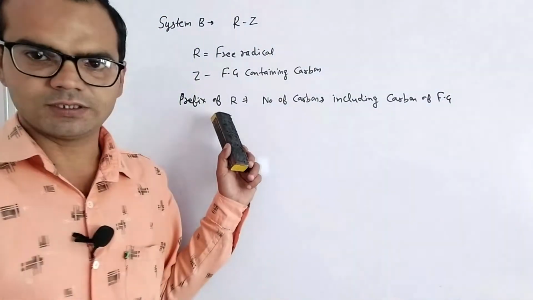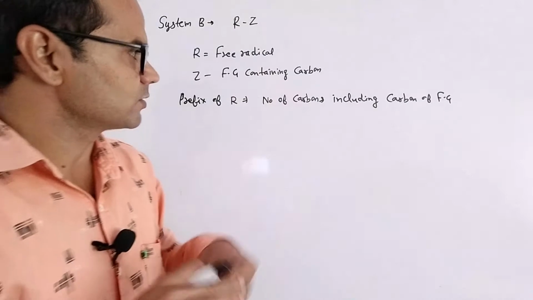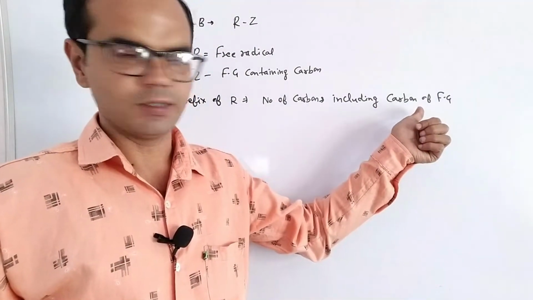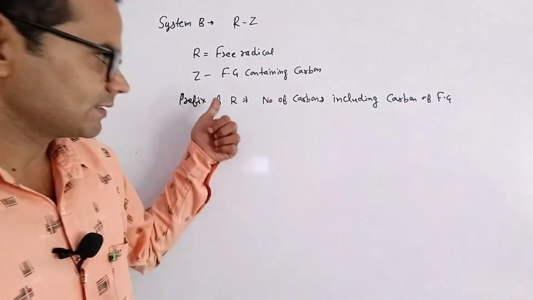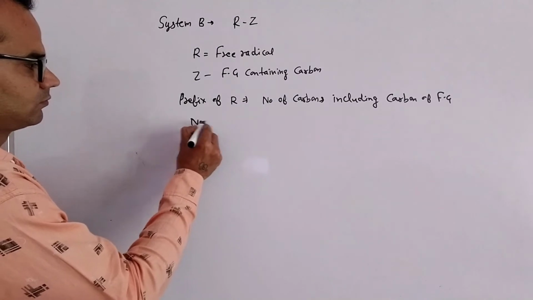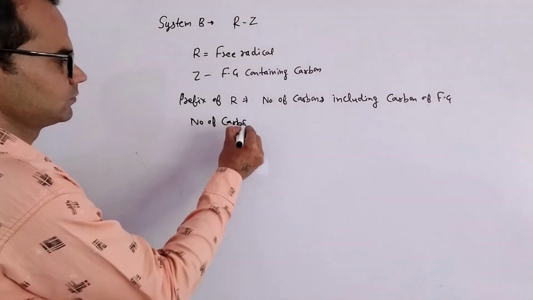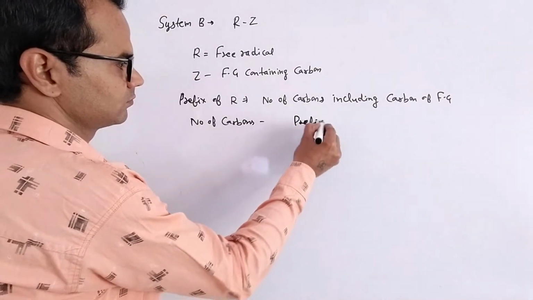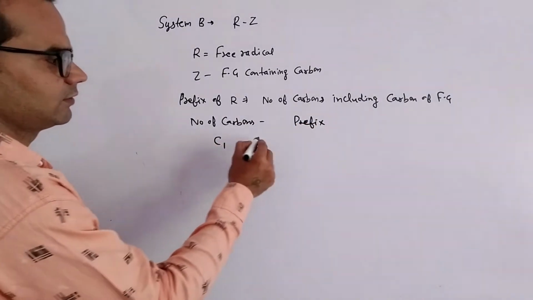So the prefix of R is given, and R includes the number of carbons including the carbon of a functional group also. So the prefixes are: if we have one carbon, then the prefix is